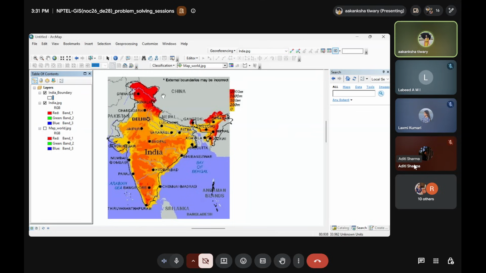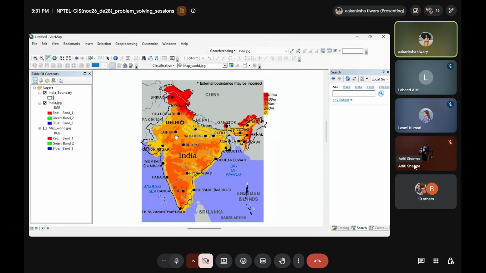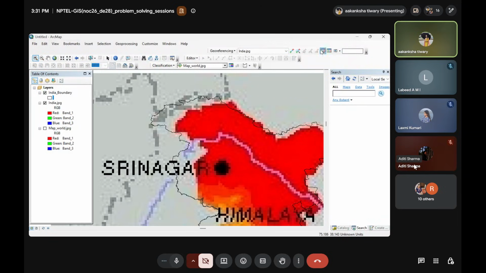Like it is not exactly aligned to the shapefile that we have for the India boundary. So there is another thing that you can do. First of all, I'll zoom in, okay? And then what you can do, instead of adding control points, we can add the location where we want to move this, okay? So suppose